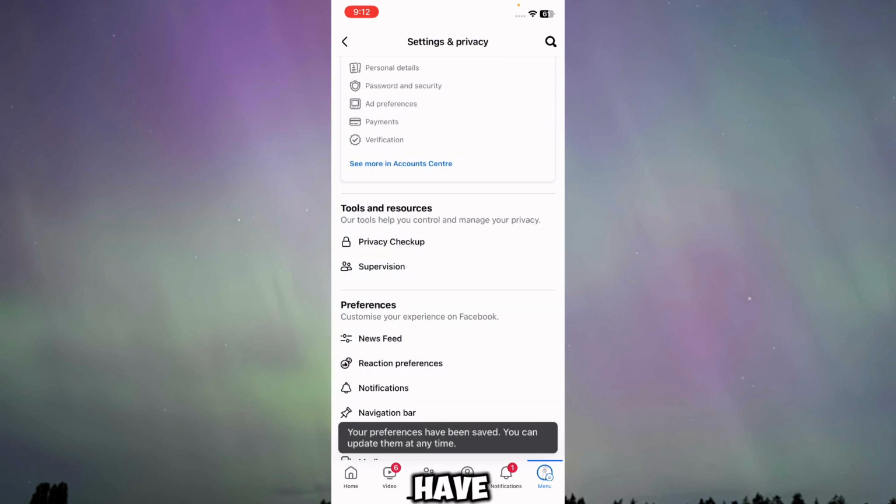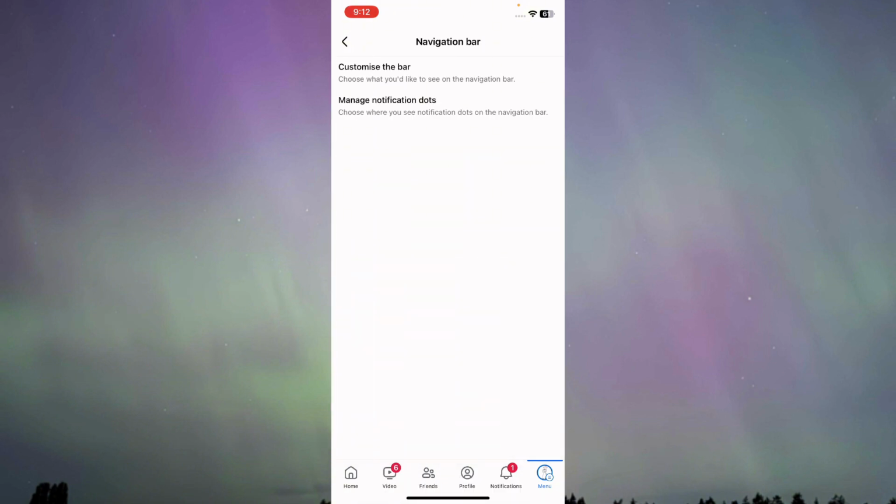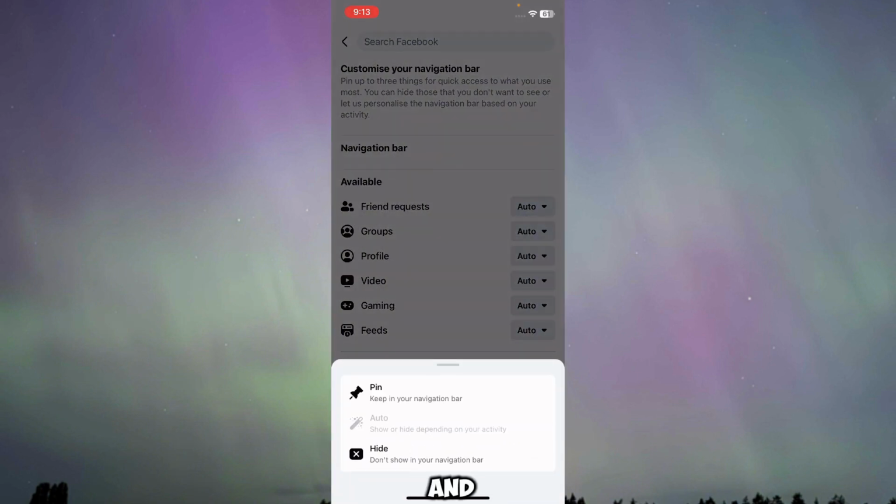And now you just have to go to navigation bar. Once you've done your newsfeed settings, press on navigation bar. Here you have to press on customize the bar, and here you will be able to see an option of video. Just press on video, and here you will see auto right next to it. Just press on the auto option and the arrow, and here you will be able to see hide. Just press on hide,